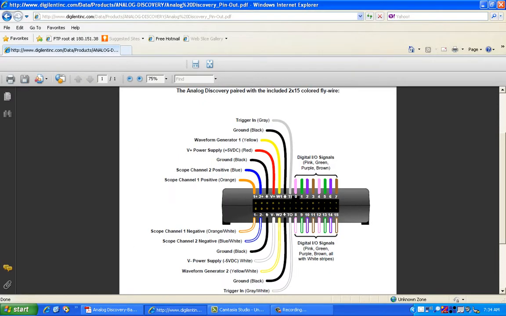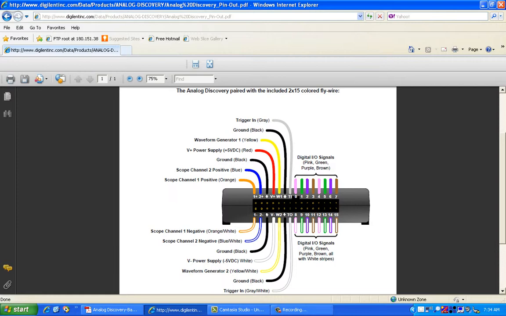The Analog Discovery Kit is paired with 22 x 15 colored fly wire connectors as shown over here. As I mentioned earlier, it offers dual channel oscilloscopes. So channel 1 positive is indicated by the orange fly wire, whereas the negative is indicated by an orange and white striped fly wire.